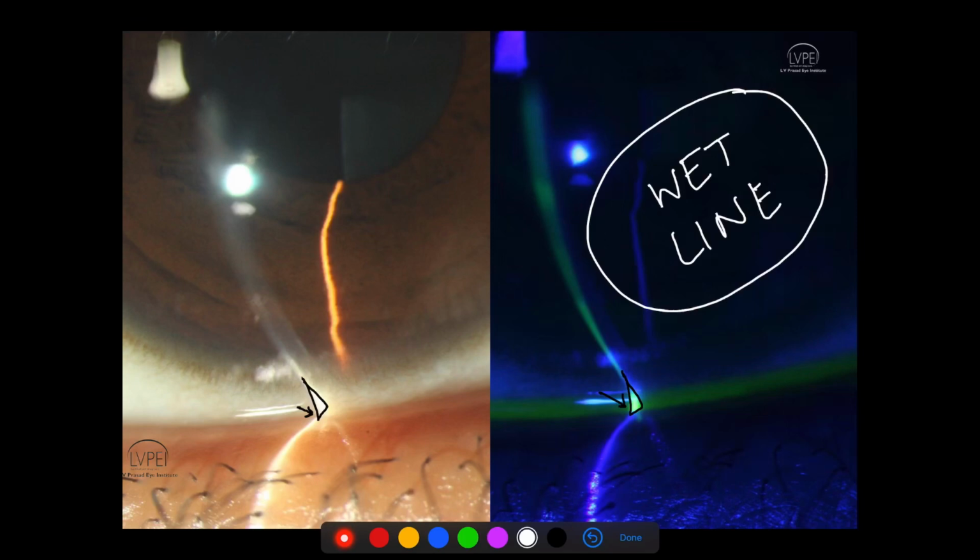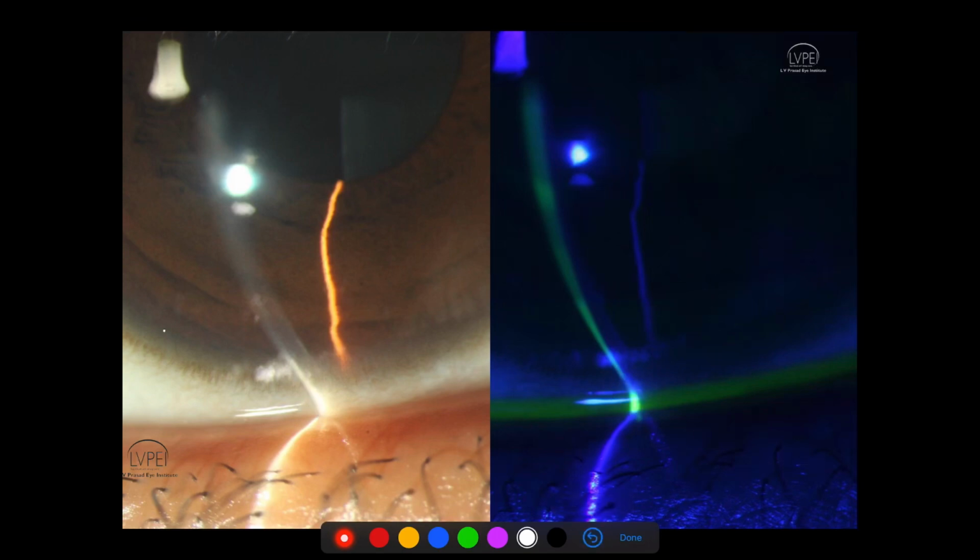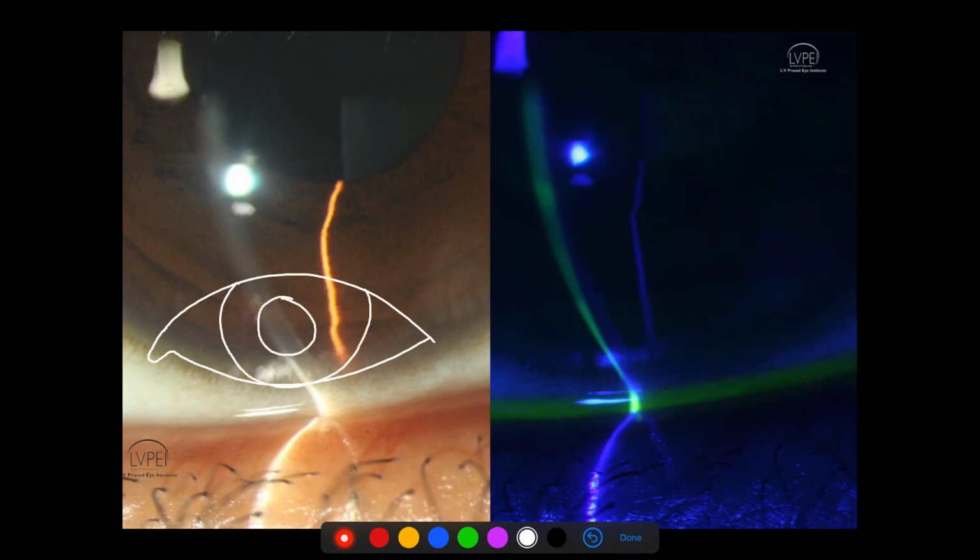Important to note here that it comes in contact with the limbus. You know that in the normal anatomical position, if you look at the eye and the position of the lids, the upper lid covers about the superior 2 millimeters of the cornea, and the lower lid just about touches the limbus. Now this is important because both the upper lid and the lower lid at the mucocutaneous junction,